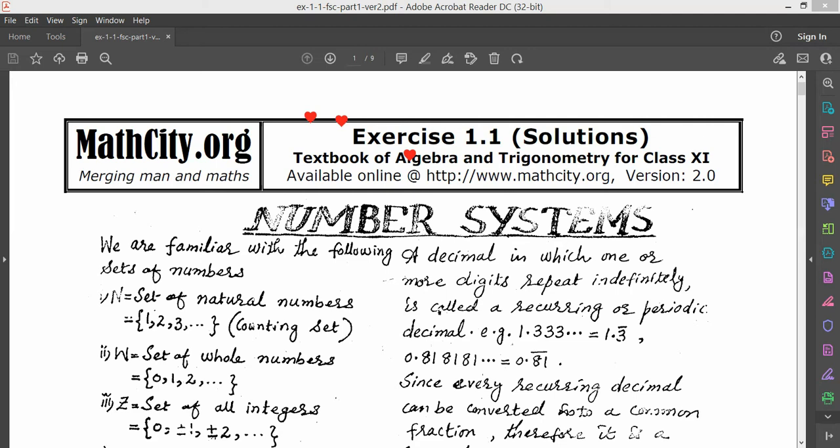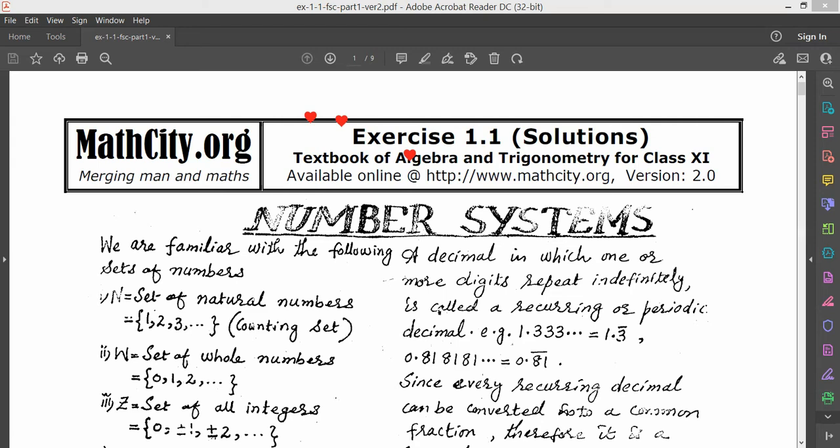Now we will come to the history of negative numbers. In mathematics, a negative number represents an opposite in the real number system. A negative number is a number that is less than zero. Negative numbers are often used to represent the magnitude of a loss or deficiency. So this is